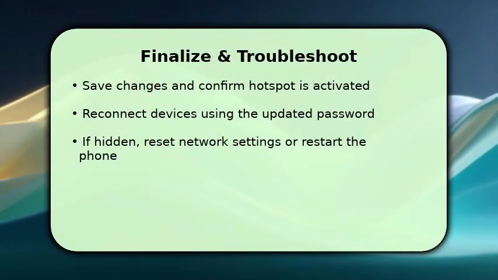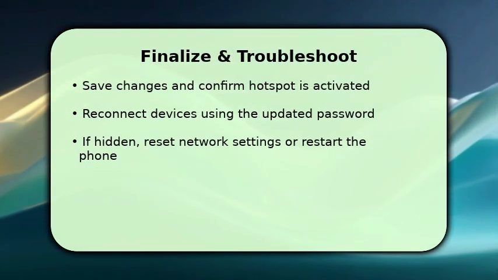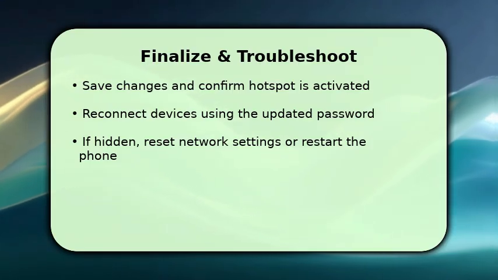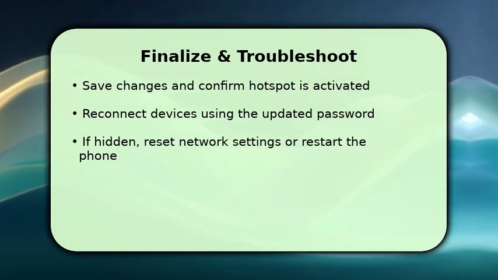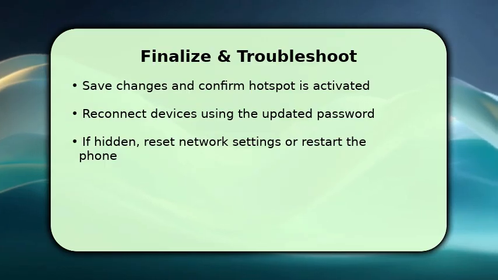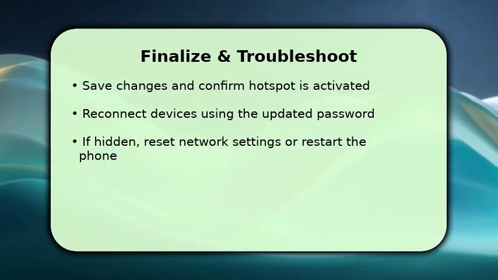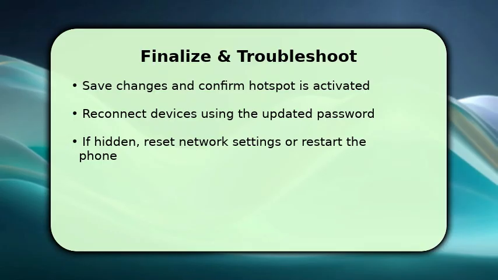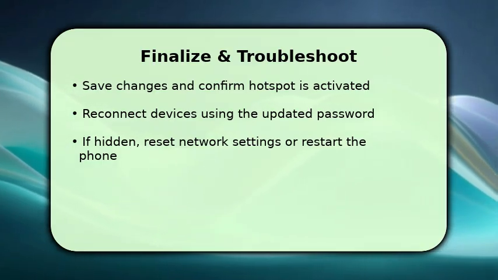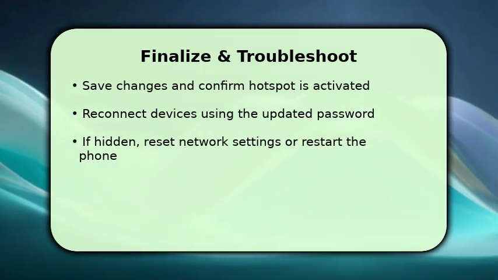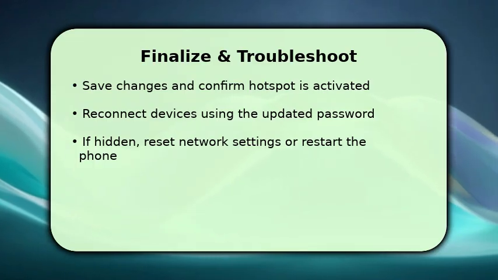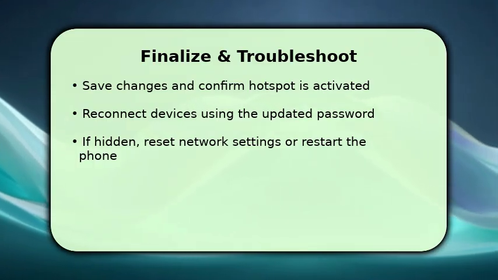That ensures the password you copied or set is live. Reconnect other devices using the new password. If they fail, toggle the hotspot off and on, then try again. If you still cannot view or use the password, reset network settings or restart the phone to clear glitches. This often resolves hidden or unresponsive hotspot menus. If problems persist,